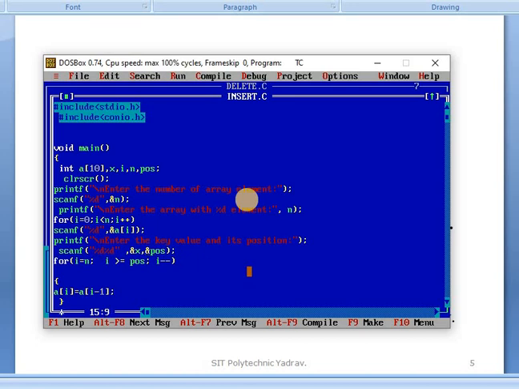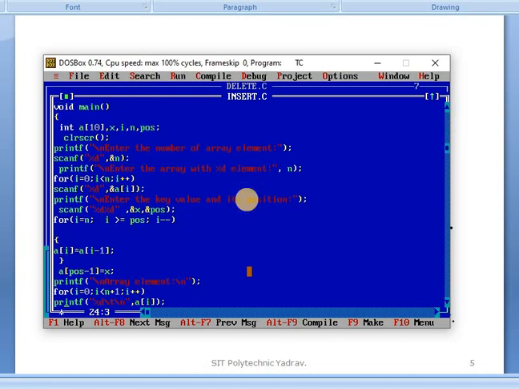After that we see the for loop. It has the initialization statement, the conditional statement, and after that the increment or decrement, here a decrement is used. There, i is equal to n, however many we entered is assigned to the i variable. In that, check whether i is greater than or equal to pos. If true, the true part is executed, otherwise the false part, meaning a[pos-1] is equal to x, is executed.